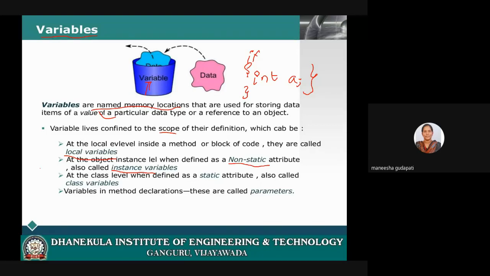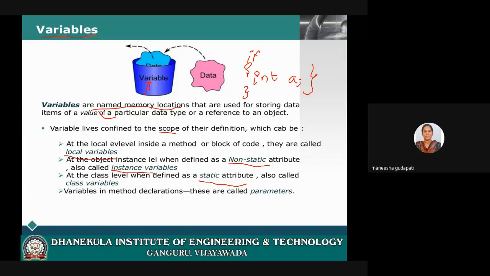Next, other than local variable and instance variable, we have class variables. What is this class variable? Class variables are static attributes. This class variable will be constant for all the objects, whereas an instance variable is specific to the object and class variables are general or static for all the objects of a single class.